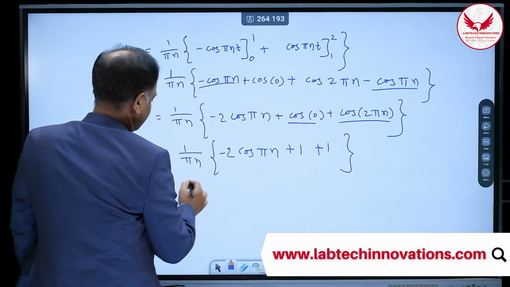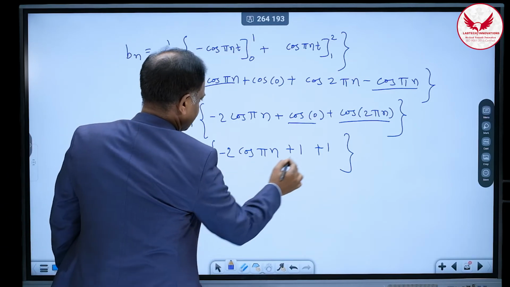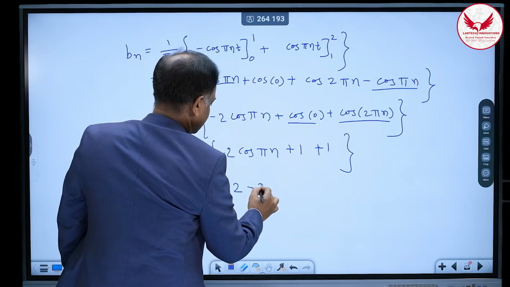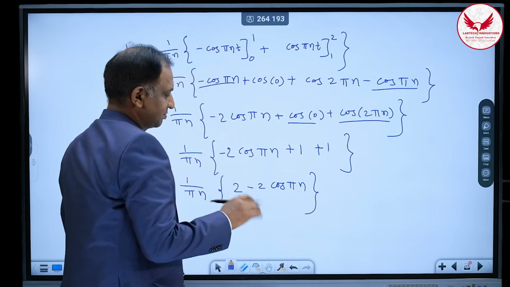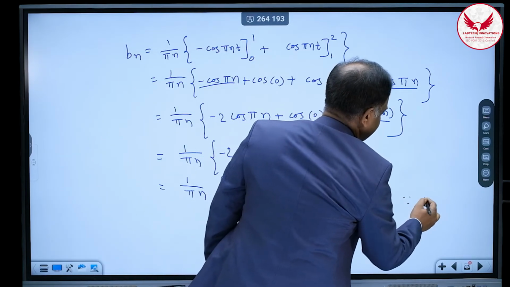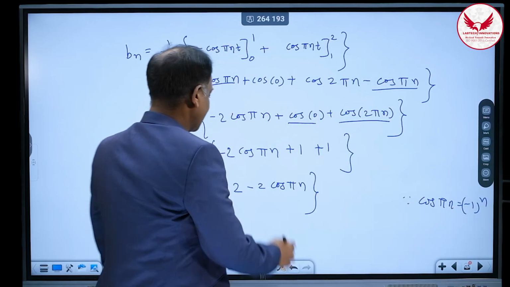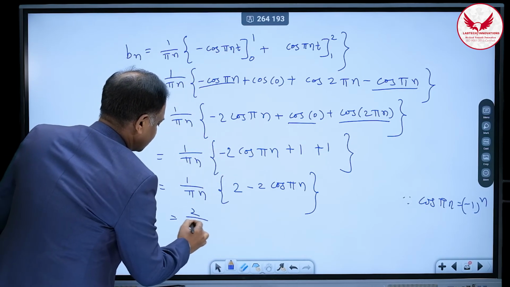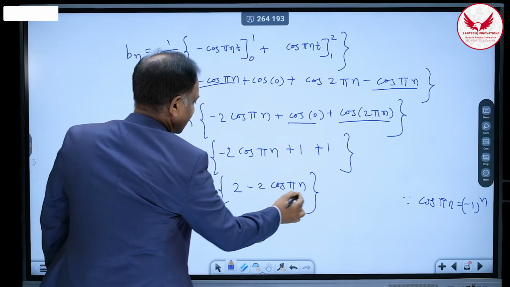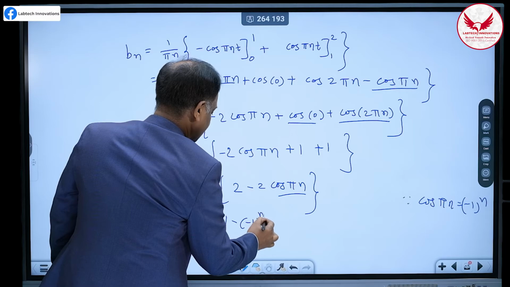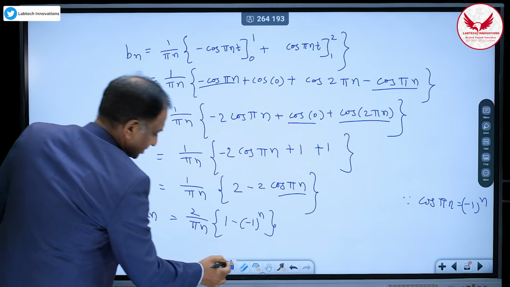So this is equal to 1 upon pi n into 1 plus 1 is 2, minus 2 cos pi n, and we know that cos pi n is equal to minus 1 raised to n. So you can substitute the values. 2 I will take common, that is 2 upon pi n, then 2 I have taken 1, that is 1 minus cos pi n, and cos pi n is minus 1 raised to n. And this is our